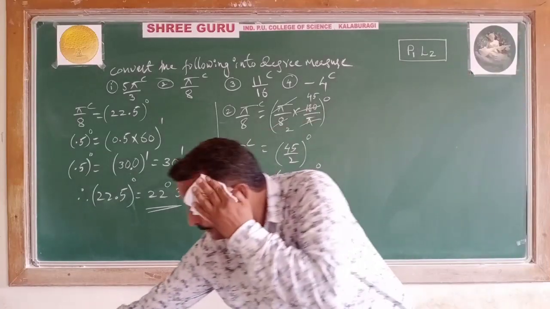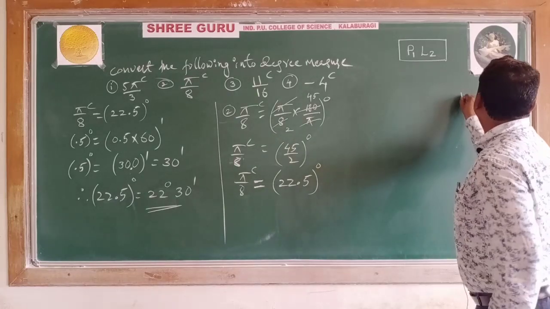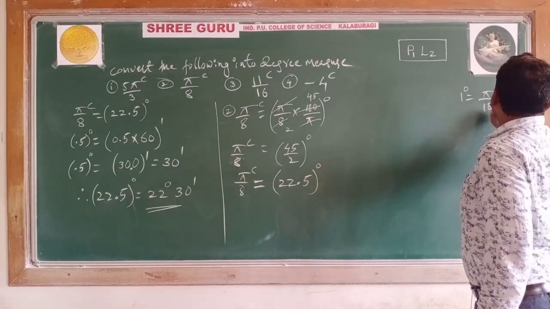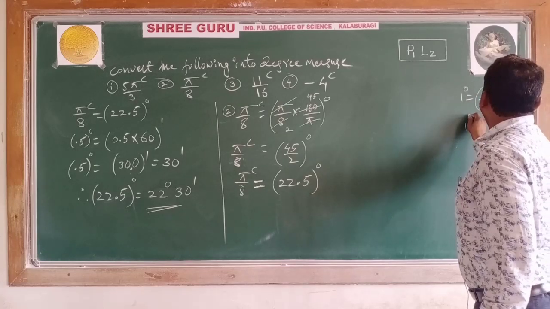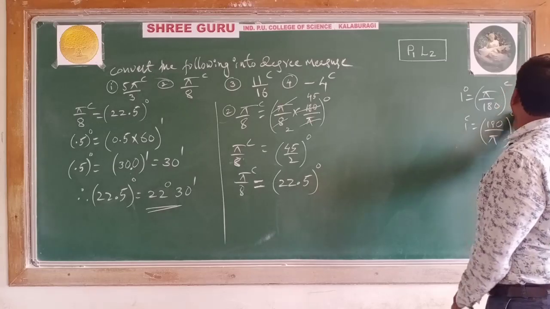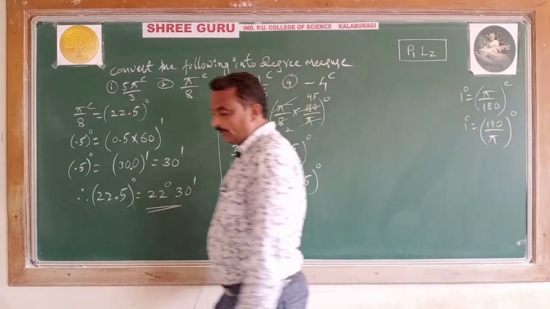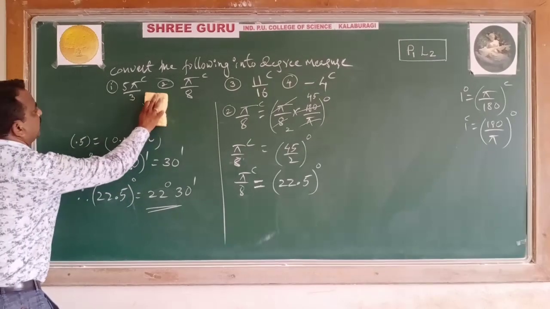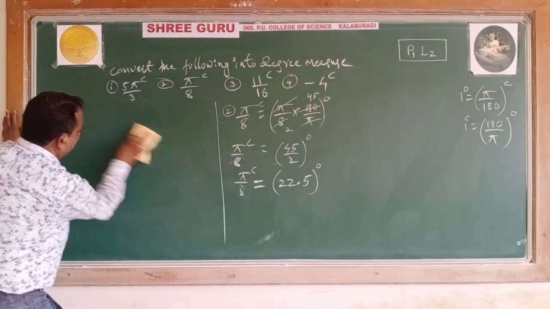See the students, these two points I write here. Pi by 180 multiplication. Radian, 180 by pi. So these two are the important points here: conversion of radian to degree and degree to radian. I think you have completed the second one. I come to the third one here, students.